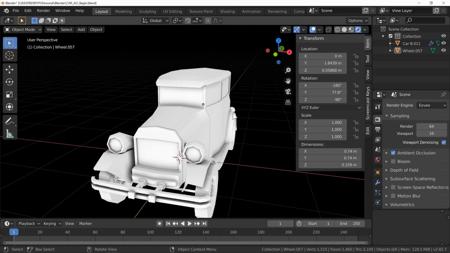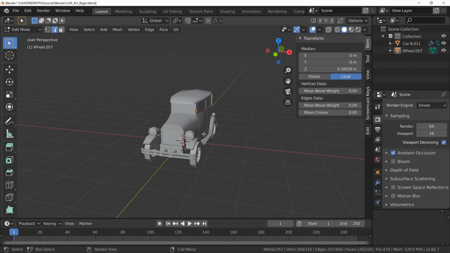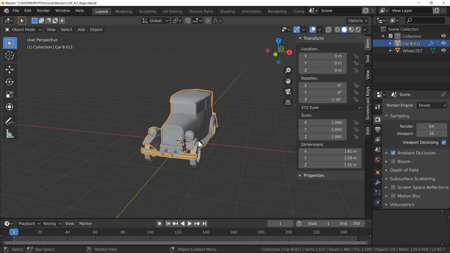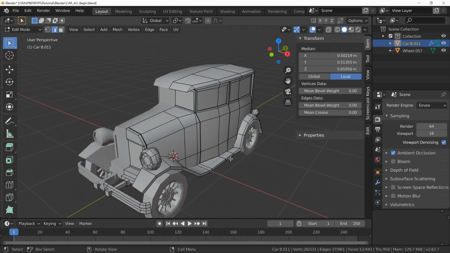Okay, so that's an approximation, but unfortunately, we cannot use Eevee to bake out an ambient occlusion map. But we can use Cycles, and then we can control the quality as well. The first thing we will want to do is unwrap our model. Now, if I go into solid shading mode, select my car, we won't focus on the wheels today, we'll just focus on the car, the interesting bit, and go into edit mode, you will see that this is in fact